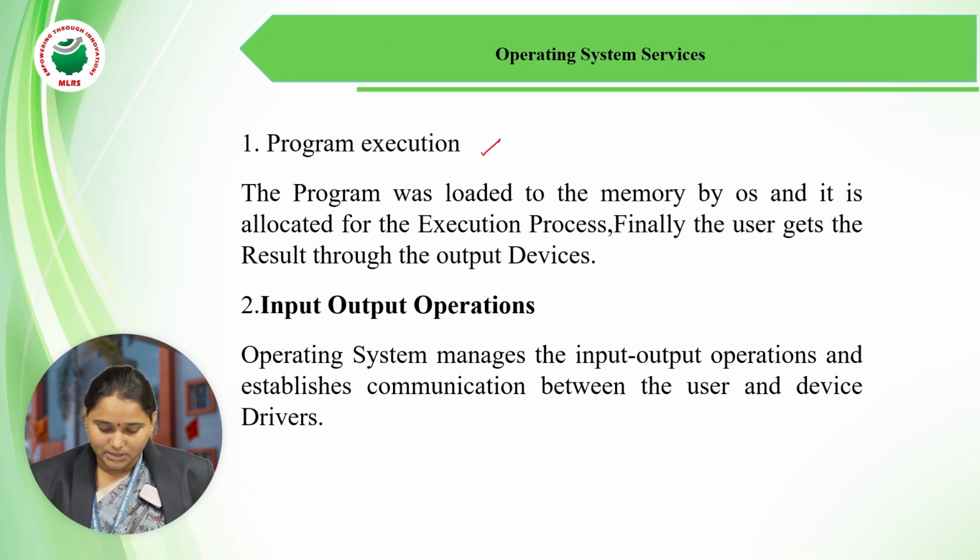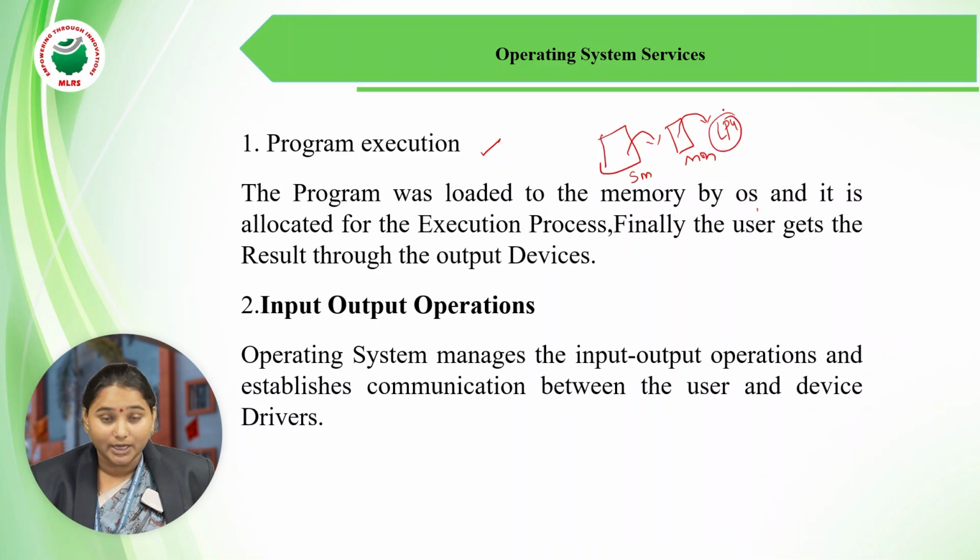Whatever program we execute is loaded into memory by the OS, and it is allocated to the CPU for the execution process. Finally, the user gets the result through output devices. Here the program is saved in the secondary memory. While opening that program, it opens in main memory. That program is sent to the CPU for execution. Who sends it to the CPU? The OS. The OS selects the job or process from main memory and sends it to